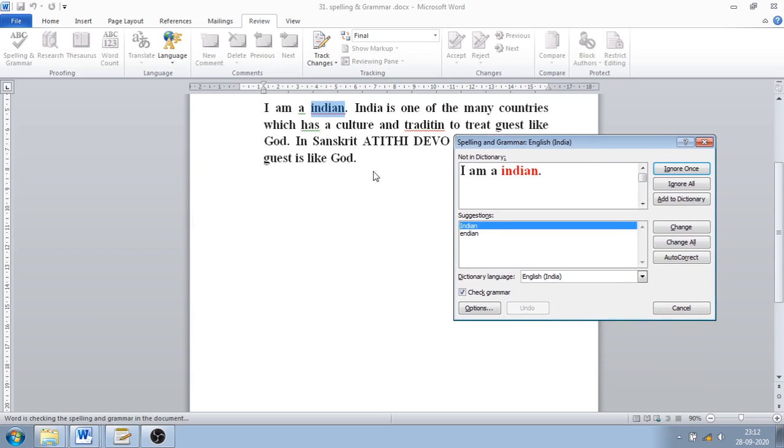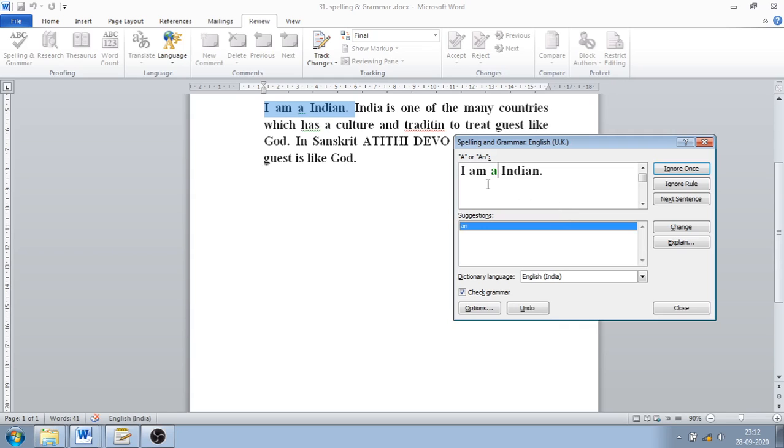Now here you can see it is showing not in dictionary, I am an Indian. So it is giving an option over here, that Indian should be written in this way. If you are satisfied with the first suggestion, then just click on change and it will get changed.